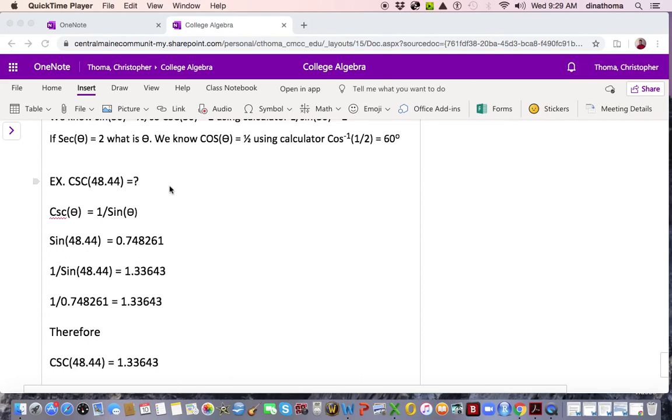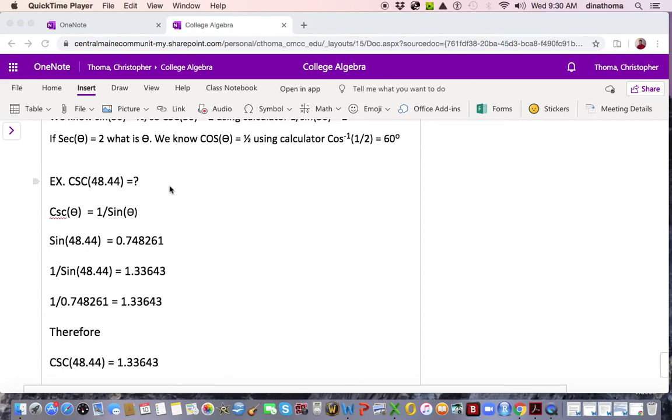So if I go to my calculator and type in sine of 48.44, because it's the same angle, I get 0.748261. Now, if I take 1 over the sine of 48.44, so 1 divided by the sine of 48.44,